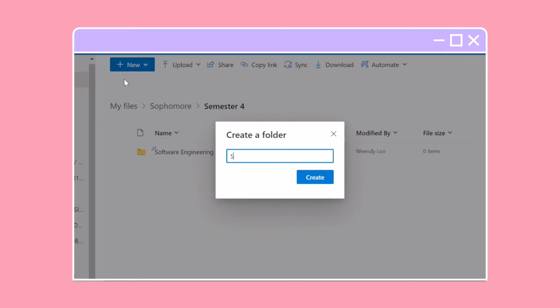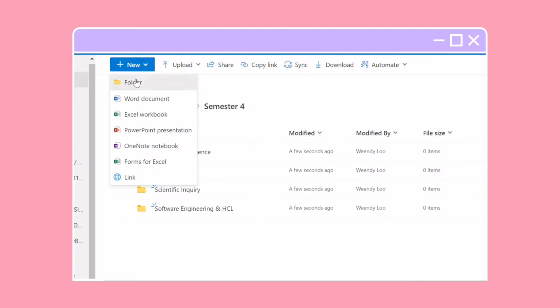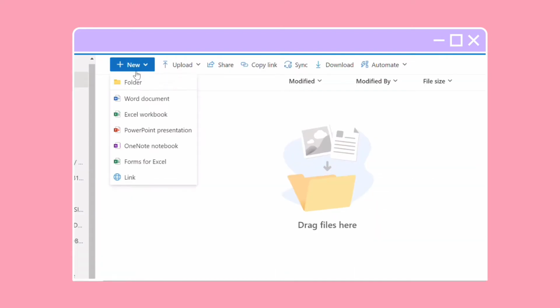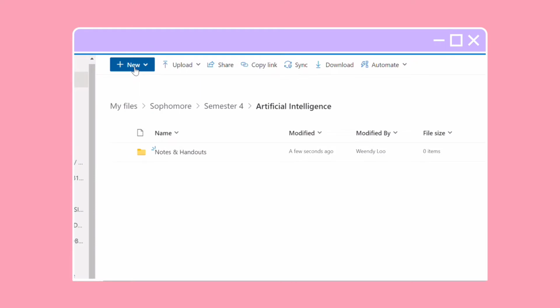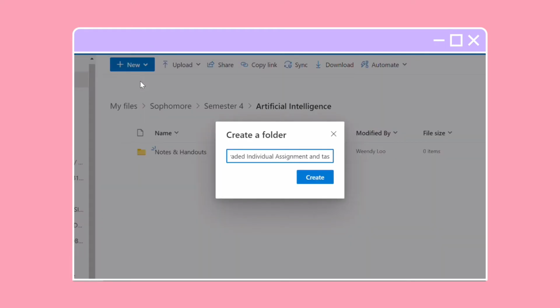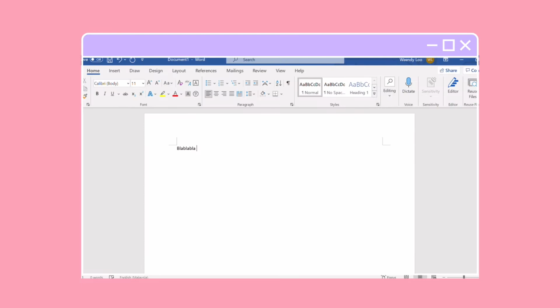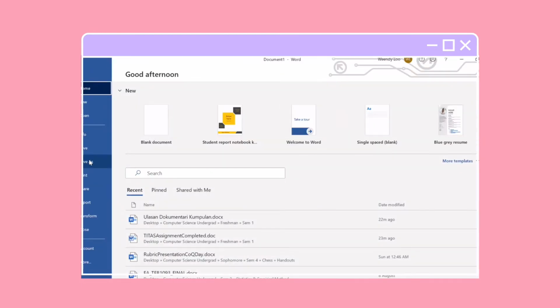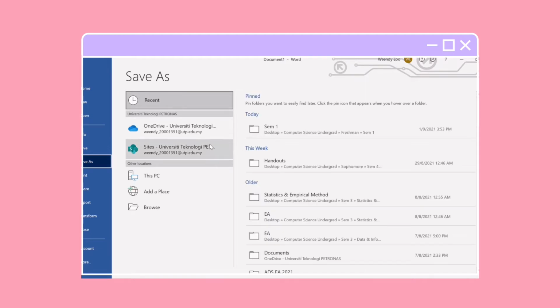So when I have to look for these files, it's so hard for me to find the exact file I was looking for. Now that I have an organized filing system for all my Microsoft files, saving these files online in the cloud system is a lot easier. Plus, having my files saved in a cloud system helped me save tons of space on my laptop. I will now demonstrate to you how easy it is for me to save my Word file online